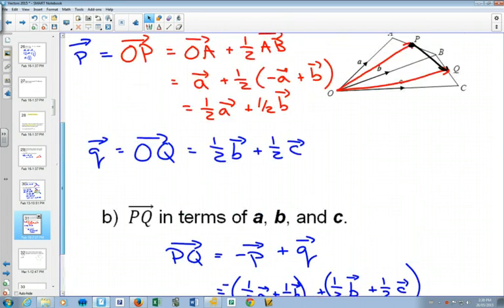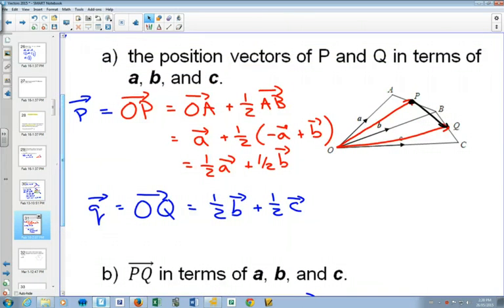I'm going to go back up to my original graph here. I'm going to, again, use a bright color. Negative 1/2 of A looks like that vector. And 1/2 of C looks like that vector. So if I take this negative 1/2 of A and start it at P, and then